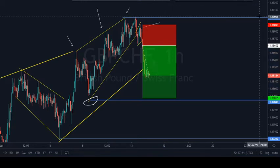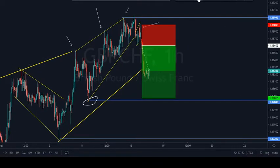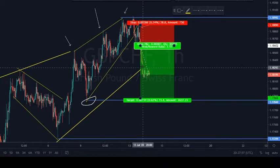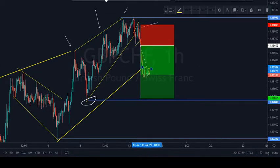So just be patient, trust in your analysis. Don't put your trades to break even just yet. What you can do right now is monitor it closely to see what's actually happening. So what I did is, when I saw this nice continuation pattern here, now this is another opportunity for me